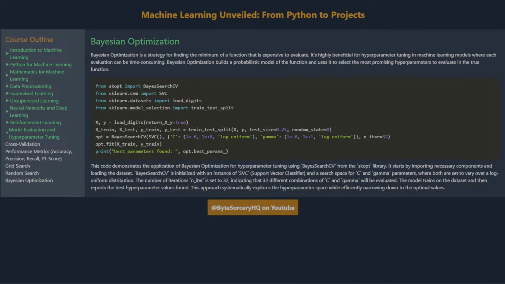Bayesian optimization. Bayesian optimization is a strategy for finding the minimum of a function that is expensive to evaluate. It's highly beneficial for hyperparameter tuning in machine learning models, where each evaluation can be time-consuming. Bayesian optimization builds a probabilistic model of the function and uses it to select the most promising hyperparameters to evaluate in the true function. This code demonstrates the application of Bayesian optimization for hyperparameter tuning using BayesSearchCV from